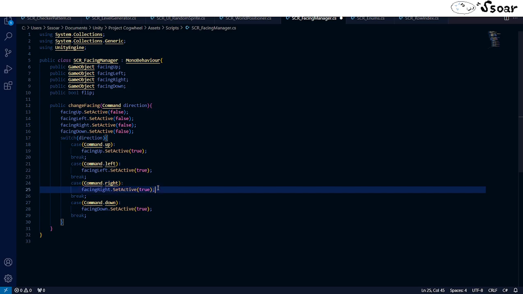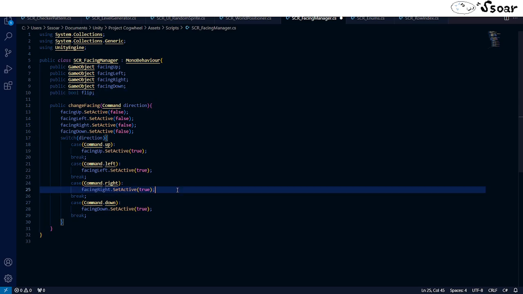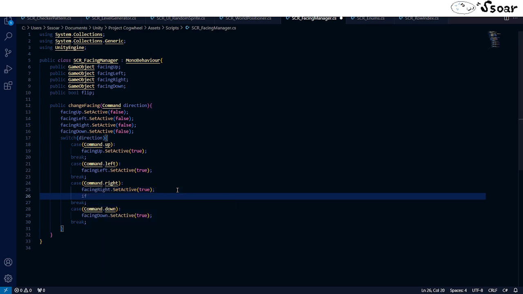If you have the flip variable on, then on top of activating the right, you're also going to flip the sprite. So if flip, then